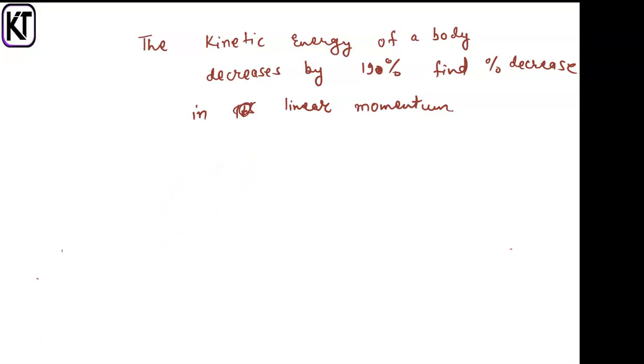So Arjun, the question is very clear: the kinetic energy of a body decreases by 90%. Find the percentage decrease in its linear momentum. Now the question says that the kinetic energy of a body decreases. So suppose the initial kinetic energy was K, and of course because the linear momentum is also involved,